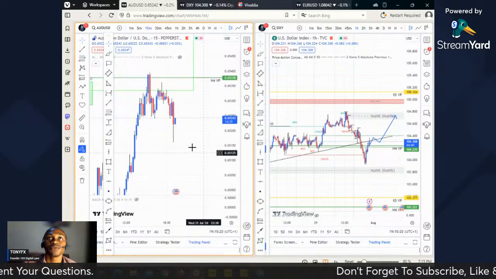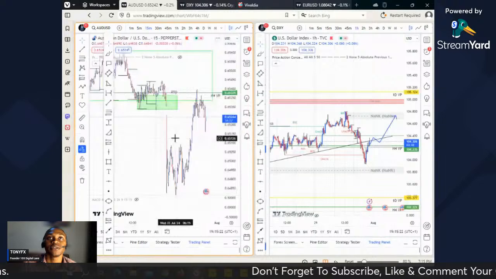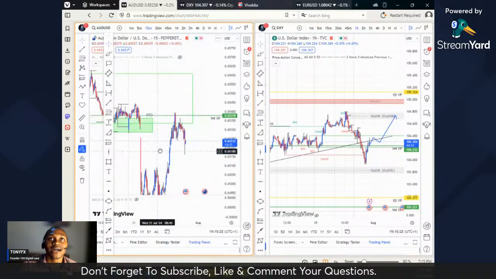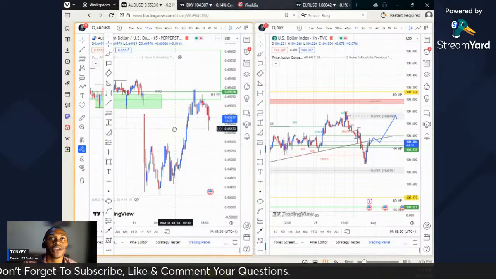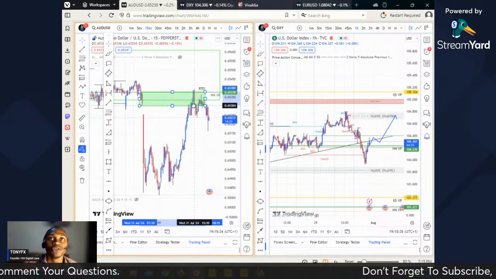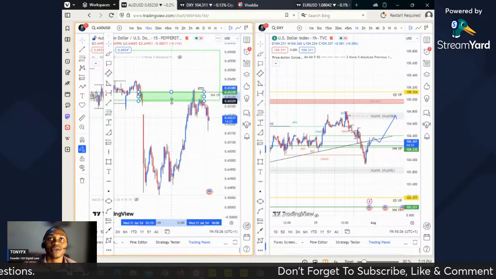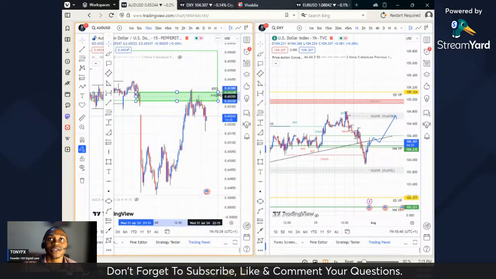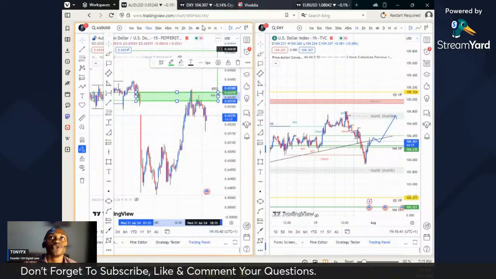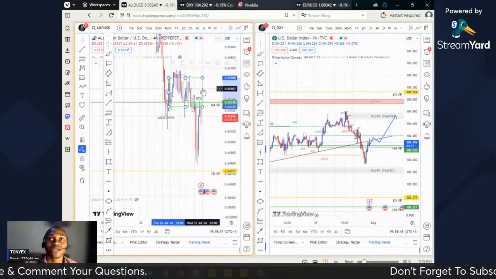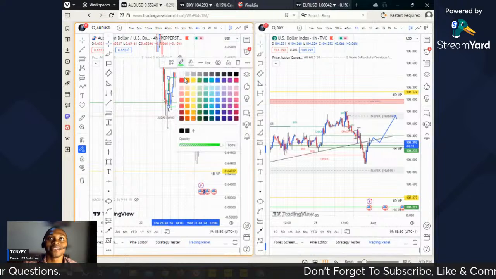Let's see the structure on AUD USD. We had a massive news today in the morning by 2 a.m. And this was the news. It happened over here, creating a gap. Okay, it created a gap. So AUD came back to retest this particular demand zone and turned it into what, a supply zone instead.